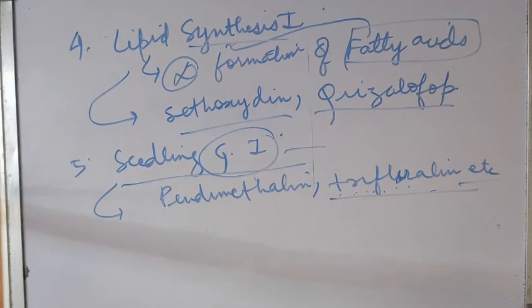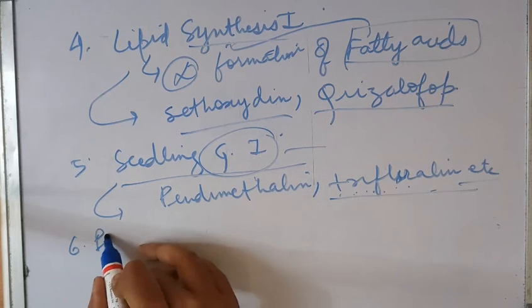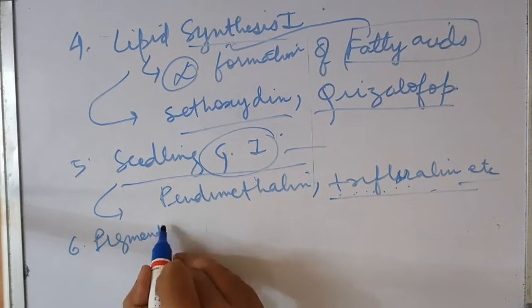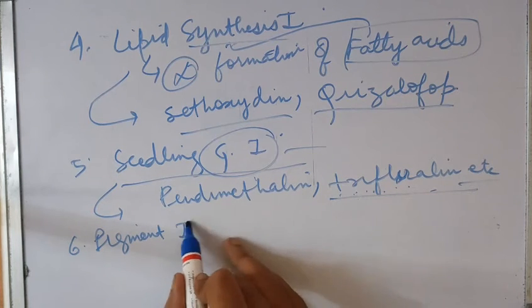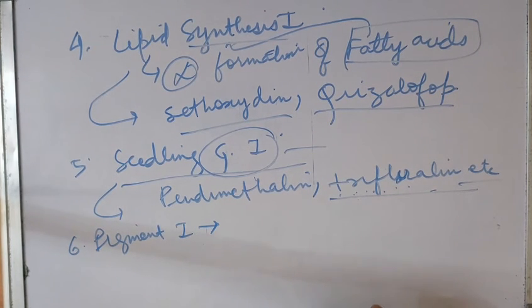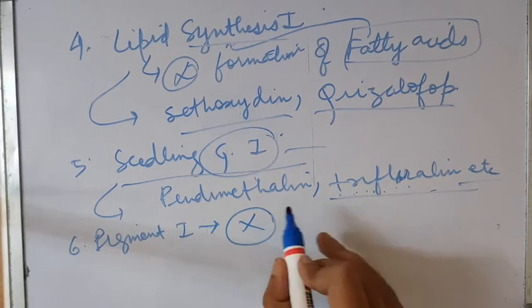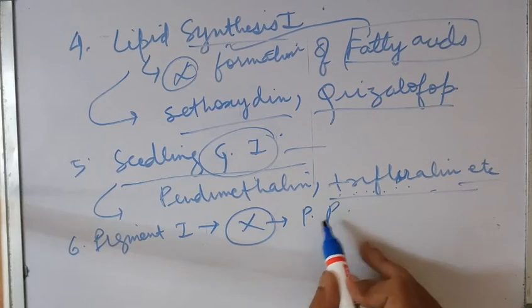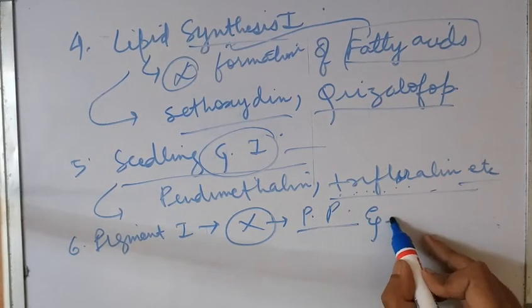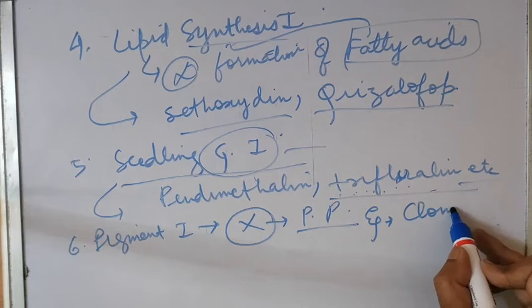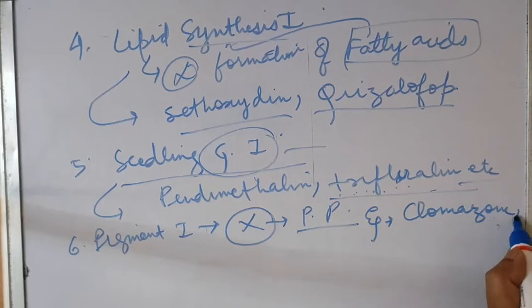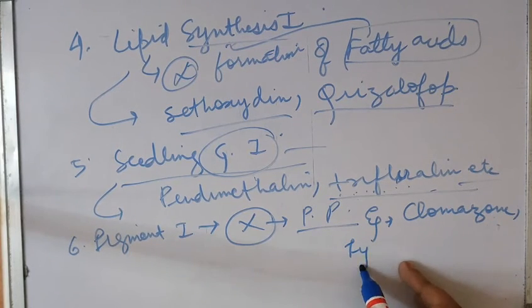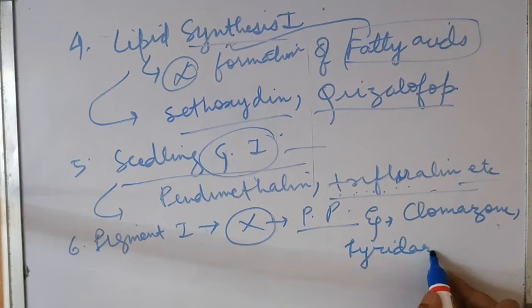Trifluralin. And moving on to pigment inhibitors. They prevent the plants from forming photosynthetic pigment. They inhibit the formation of photosynthetic pigments. Some common examples are clomazone, peridaziones,